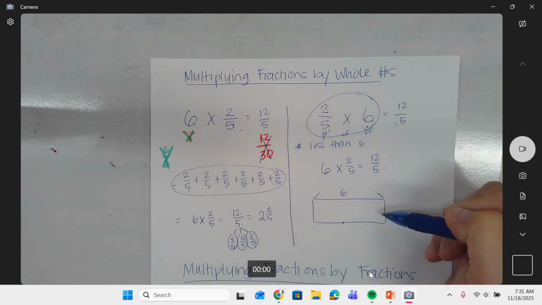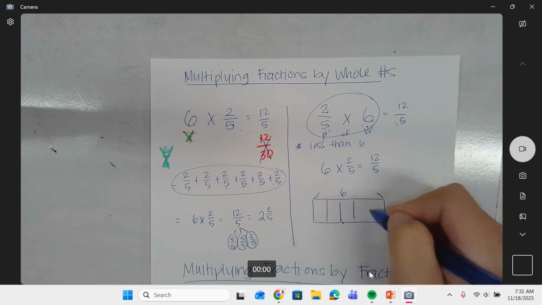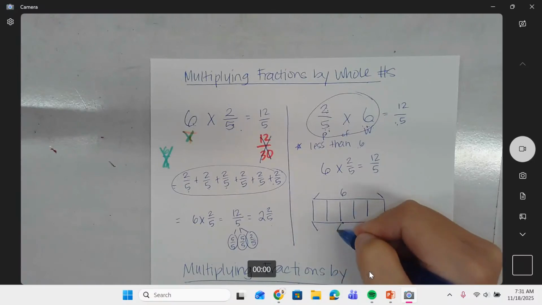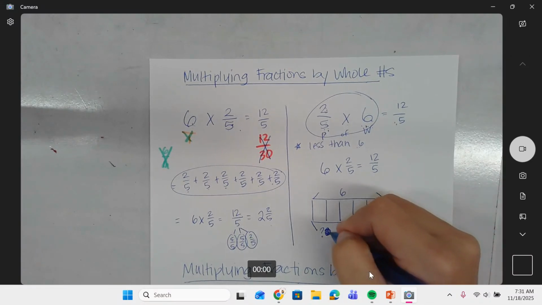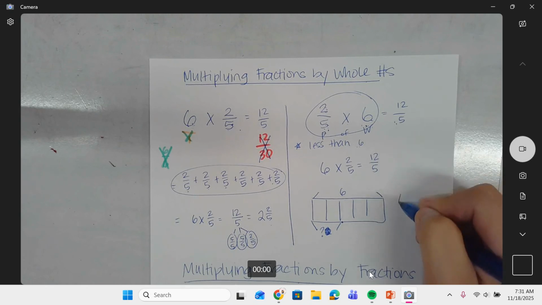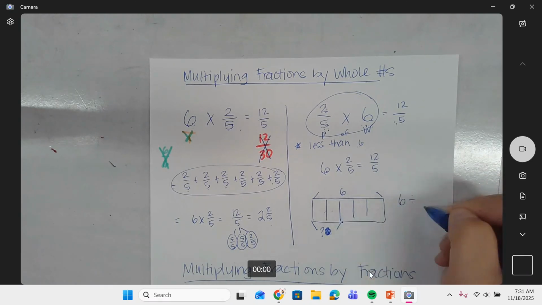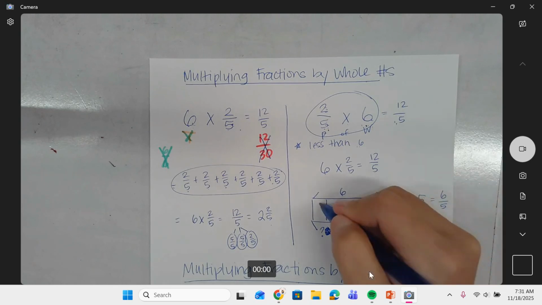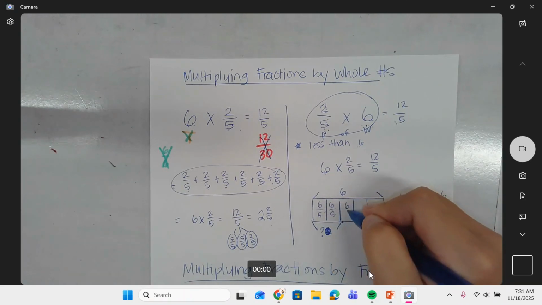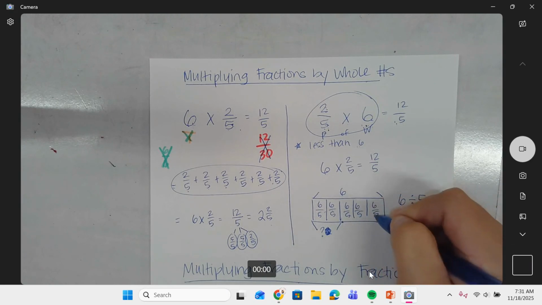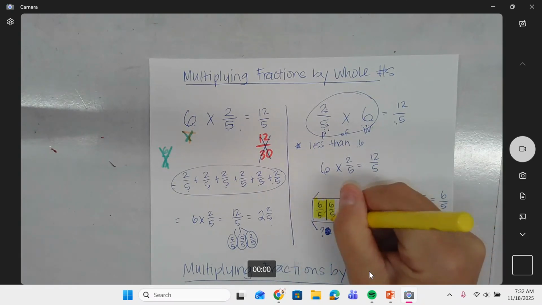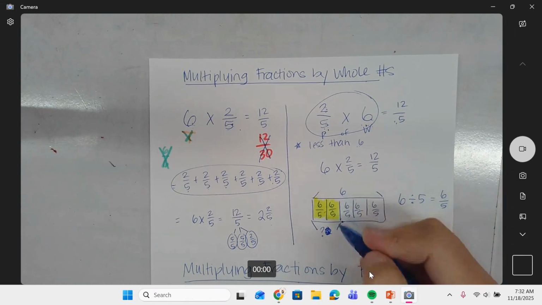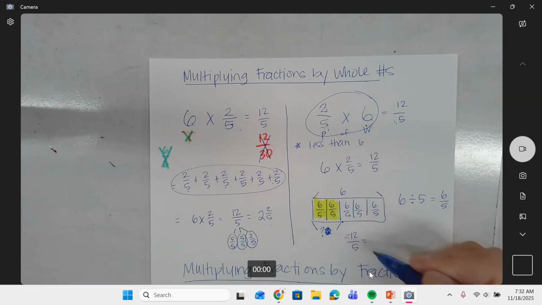I'm not going to sit here and show all 6 wholes, but I can break this up into 5 parts and label that I want to find 2 of those parts. So realistically, the math you just did on this tape was you took 6 and you divided it into 5 parts. And we have learned that you can rewrite division as a fraction. So I know each of these is 6/5. And while all of them are 6/5, my goal is to only include 2 of these units in our answer, because we want 2 of those fifths, which gives us, if I added those together, 12/5, which we said earlier